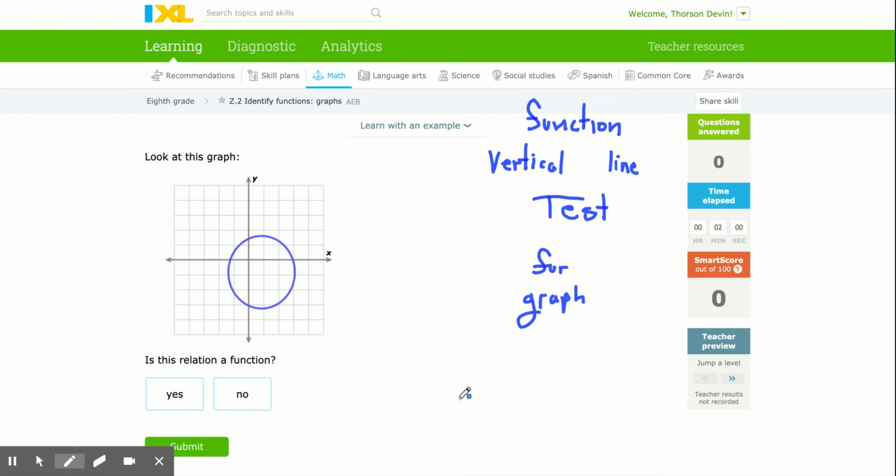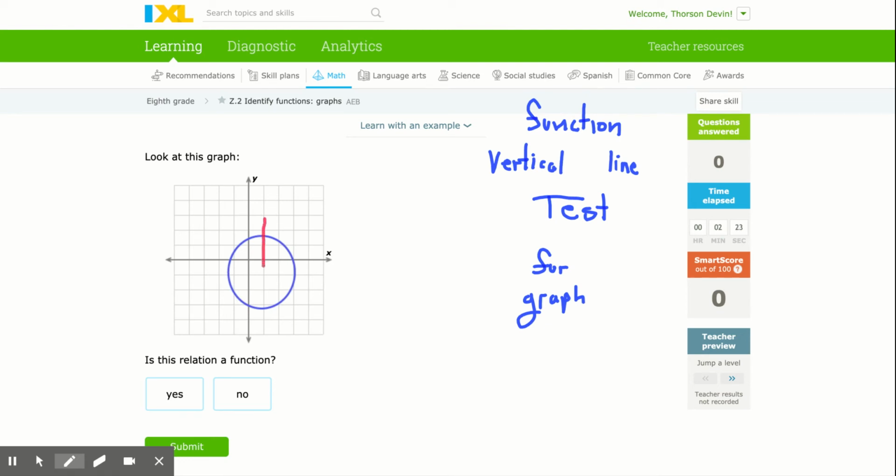Welcome. In this lesson, we're just going to learn or understand the vertical line test for functions. If you're given a graph, so you don't have an equation, you don't have a bunch of ordered pairs, I mean, you could write all the ordered pairs for this down, even though lots of them are decimals. But the main thing is, if you were to draw a vertical line anywhere on the graph, if